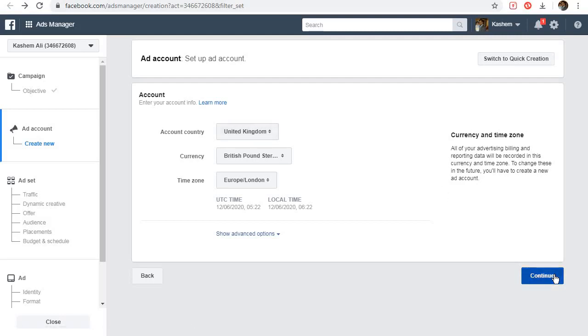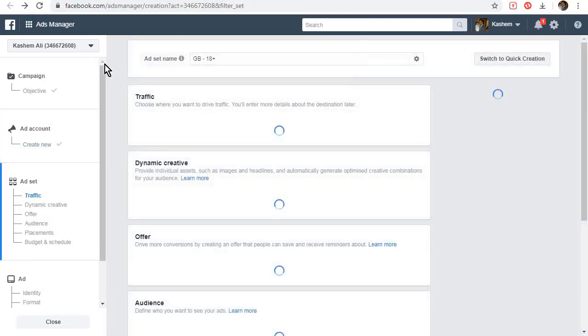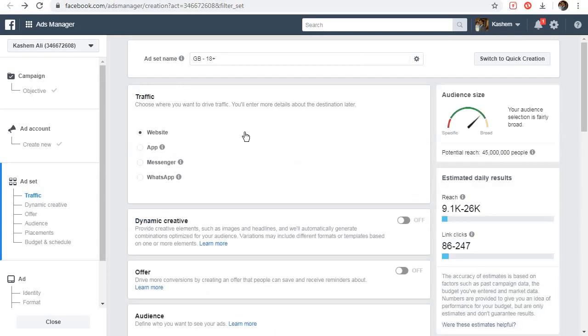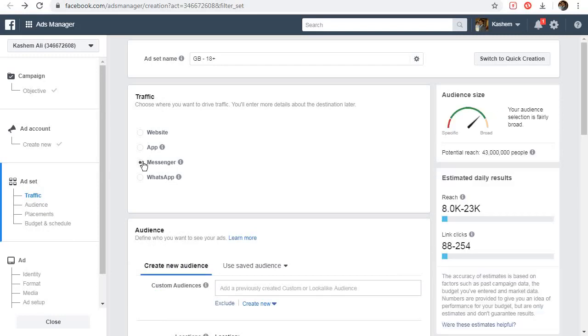So all of our clients, we will deal with this Ads Manager on their behalf, and we will have the relevant account details for them, and then we manage them externally. Where do we want to push the traffic to? So in most cases we want to have a conversation with the individual, so they down here will see our ad, click on it, and then we'll come to Messenger.